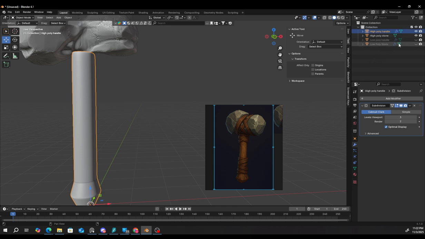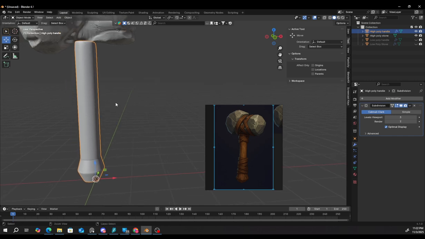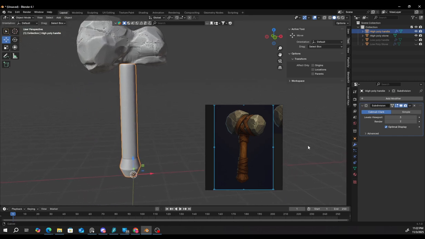Okay, and I'm going to hide this low poly one, and then I'm going to go into this high poly handle, and I'm just going to apply,